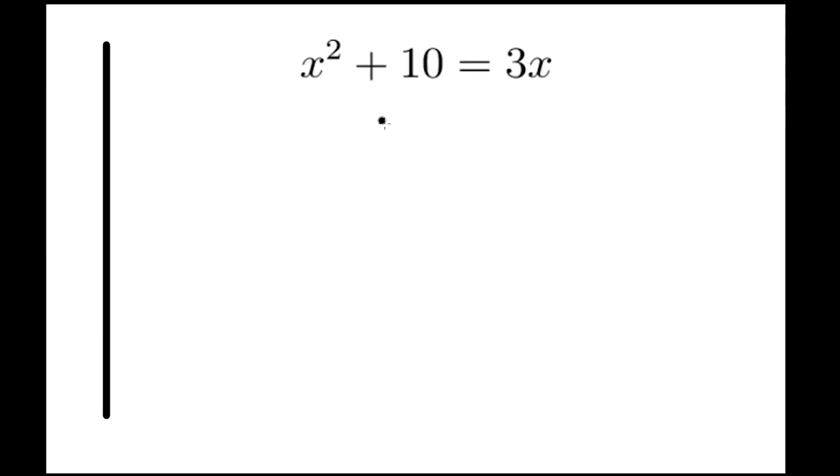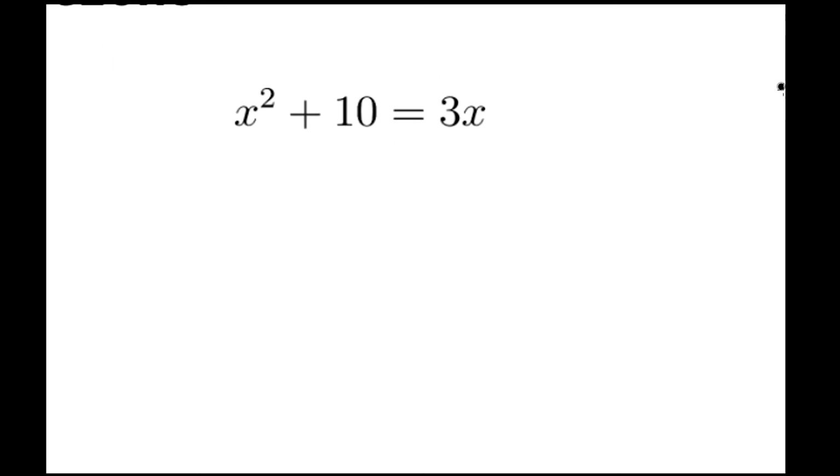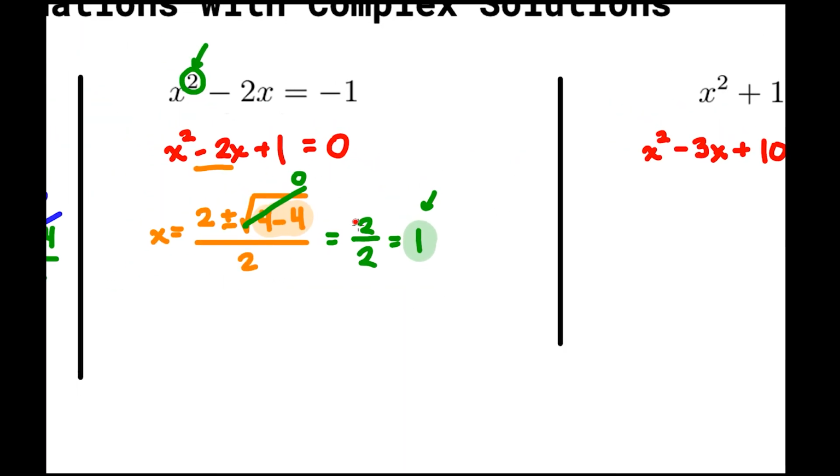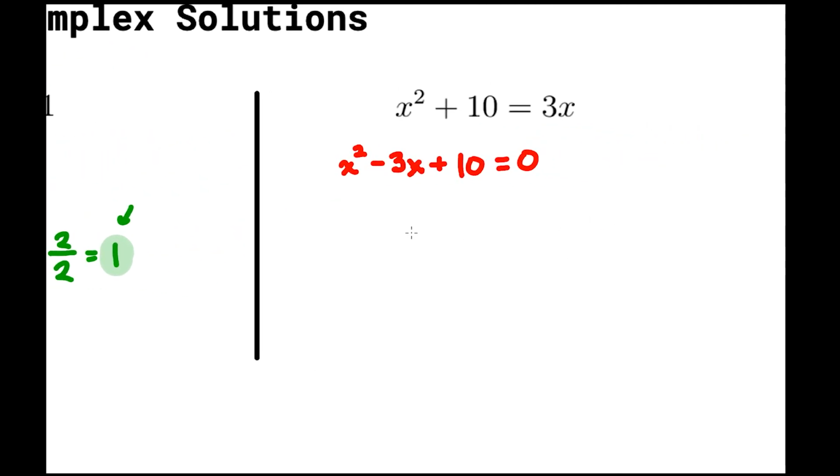Okay, this one right here, we have x squared plus 10 is equal to 3x. So this is similar to the last one we did, in which you have to put it into standard form. So I'm going to subtract 3x from both sides. So this 3x goes to the other side. Essentially, plus 10 is equal to 0. One thing I just remembered is if you want, you can check this as well on the calculator. I'm kind of skipping that step for now, otherwise this video is going to be too long, but I highly advise